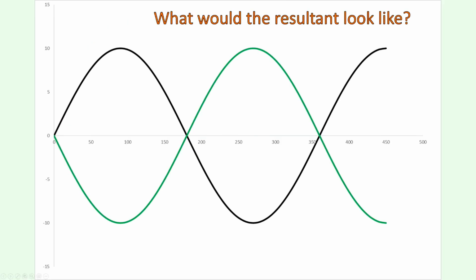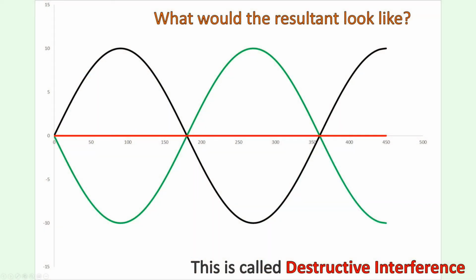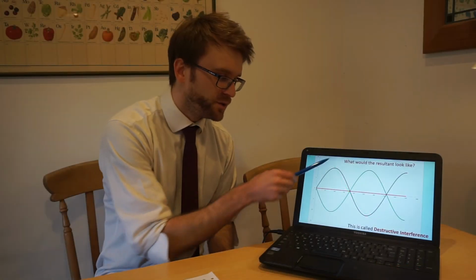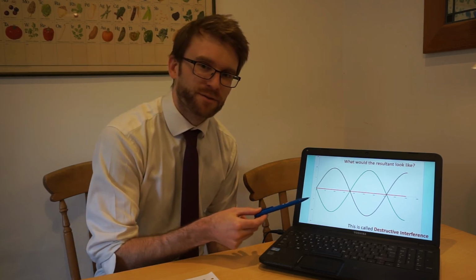Try this example. It's not a trick question, but you'll get it. In this case, the displacements will cancel off to 0. And actually, even though there's two waves passing through, the superposition of these two waves gives us a flat 0 line, and it's almost as if there's nothing there at all. This is really, really interesting, and it's a consequence of so many things. This is called destructive interference. The two waves interact and superpose to form no wave. They cancel each other out.